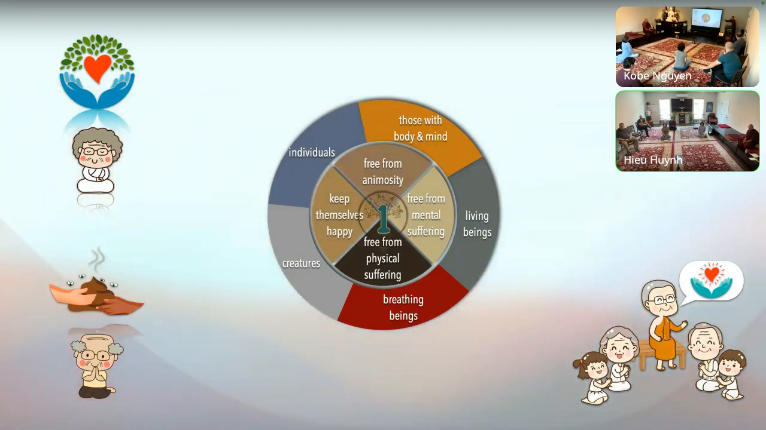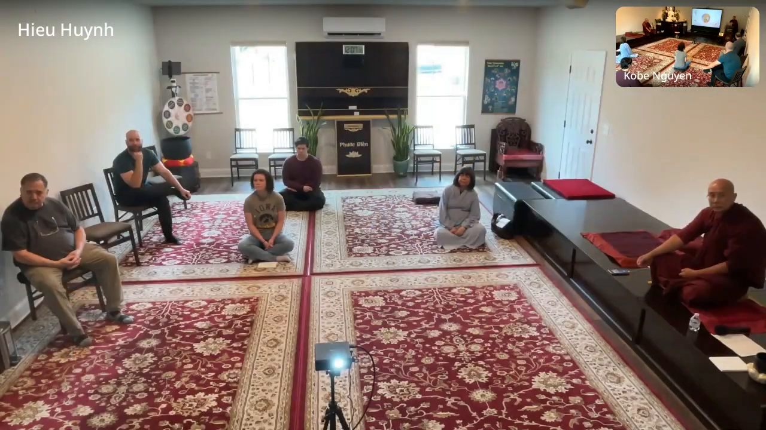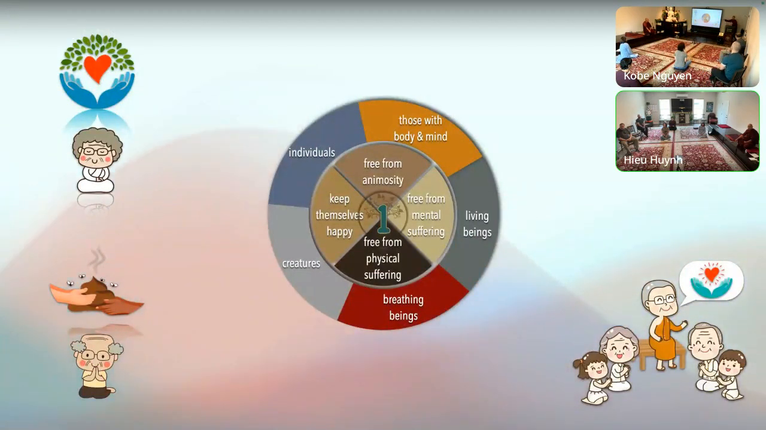Living beings are those who know things, who know things happen. Breathing beings, because some kinds of beings don't have breathing. Or creatures, including the devas. Individuals: when you divide beings into several cases, some kinds of beings like the Sotapanna are also called individuals, but they are also living beings, also breathing beings, or those with body and mind. So that is the general case, and with those, we cultivate loving kindness by wishing them to be free from animosity, free from mental suffering, free from physical suffering, and to keep themselves happy. So we have 5 multiplied by 4, which gives 20 modes of